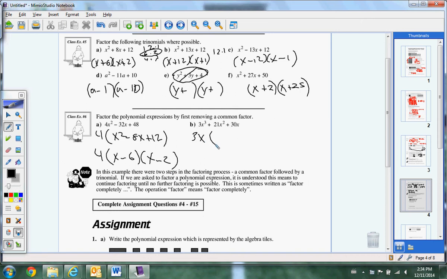You guys with me? X squared plus 7x plus 10. So what do you think, Xander? What are multiples of 10 that add up to 7? 5 and 2. See, the pattern's coming to you too. We got it. Everybody's getting the pattern. Nobody's really stumped on that yet. That's good. That's the hardest part, is getting the pattern. X plus 5 times x plus 2. Okay. All right. Very good. Please do the